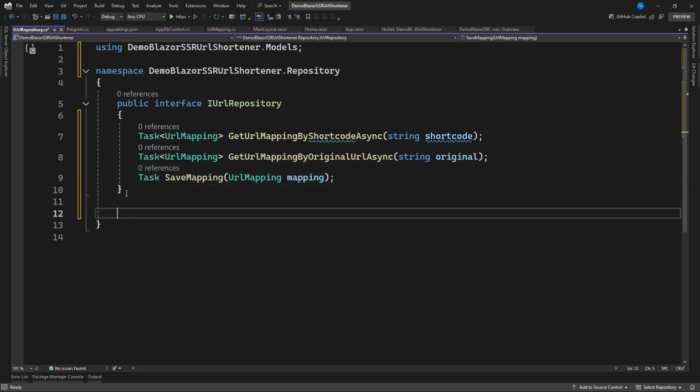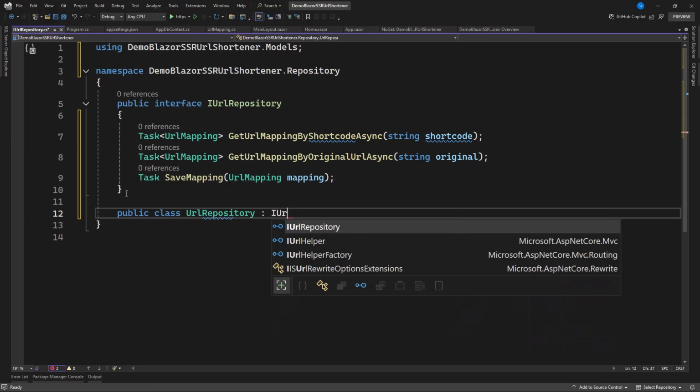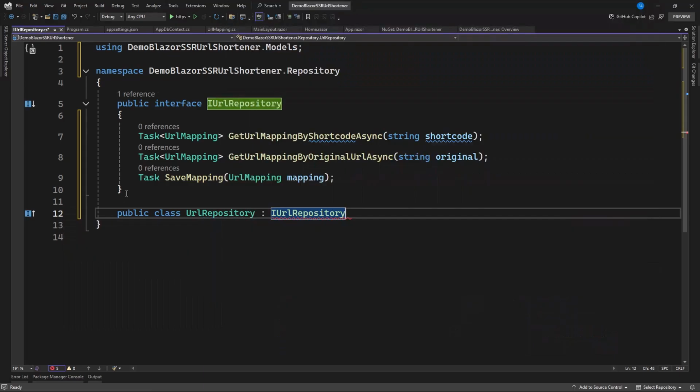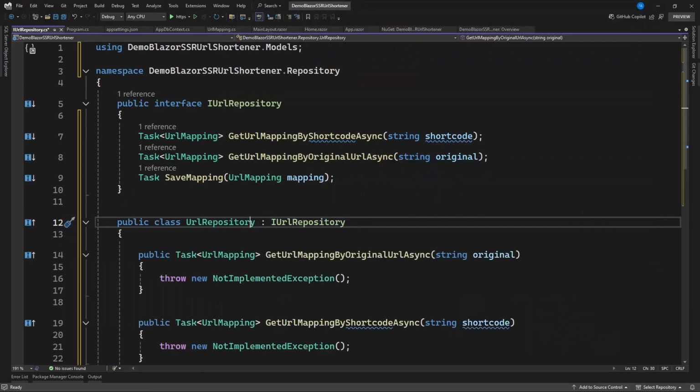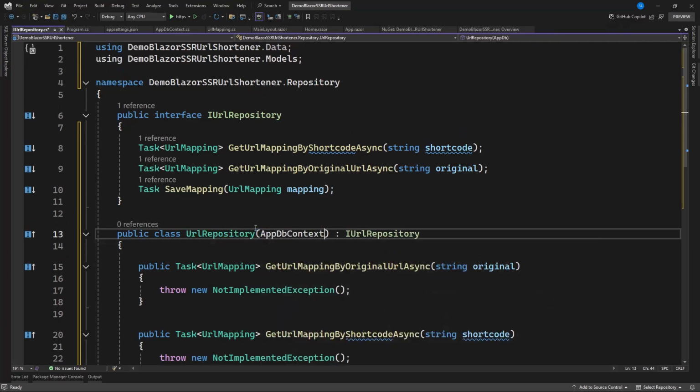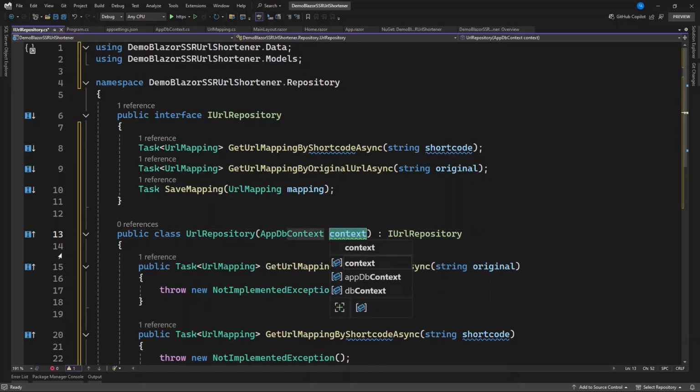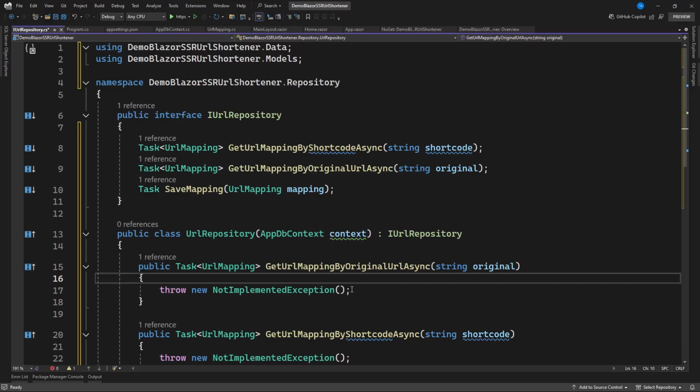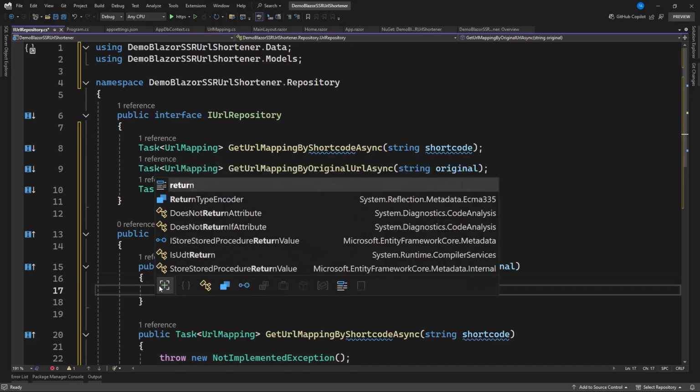Let's go implement it. So public class, and I'm going to say URL repository, which inherits from this URL. We need to implement the interface. Now we have this already created, so no worry. Go and add or integrate this app db context. So now that we have this context added, when you go to get mapping, we can just return